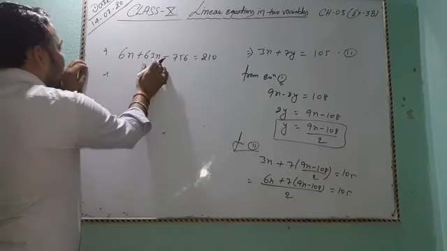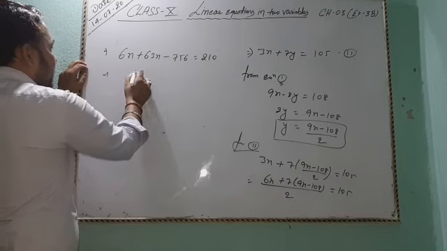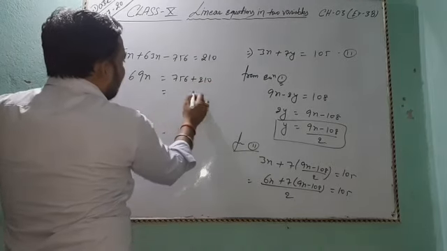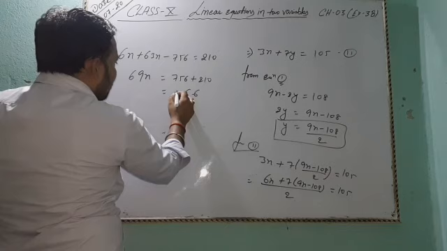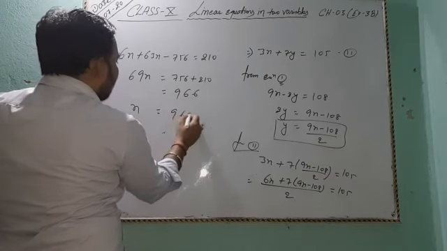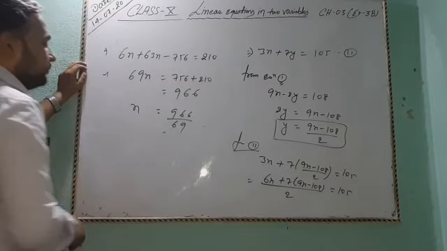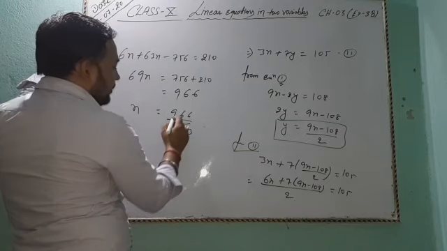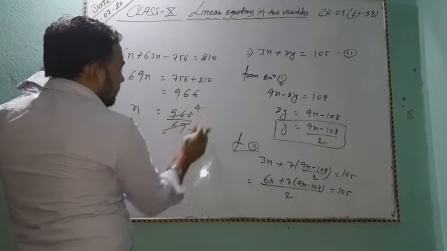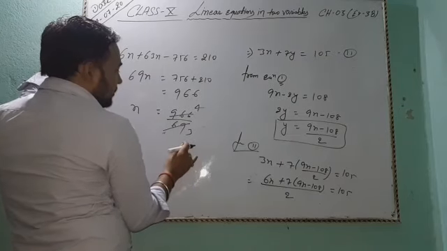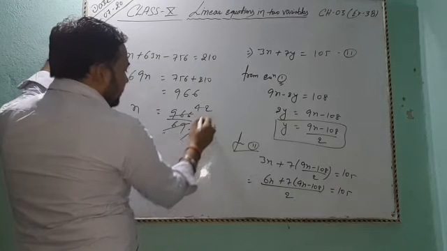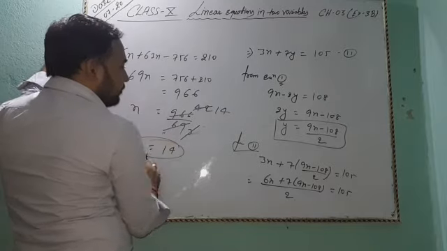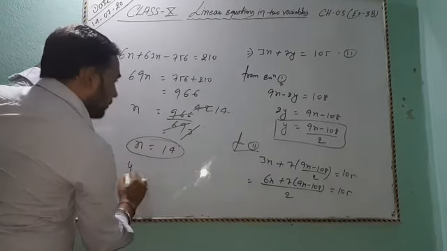So 63x and 6x, 69x equal to 756 plus 210 equal to 966. So x equal to 966 by 69. 23 threes are 69, 23 fours are 92, 23 times 14... So the value of x equal to 14, and the value of y from here,